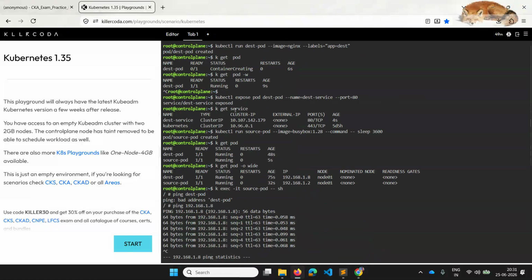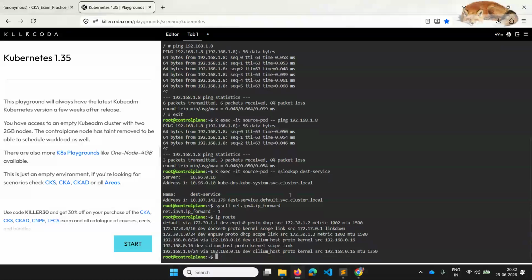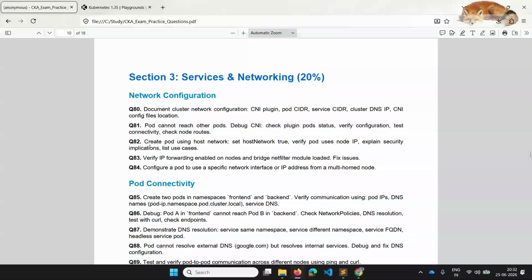So this is how I wanted to explain where you can do troubleshooting using these options one by one. You should be able to understand the commands, like how and in which case we can use those commands. So that's pretty much the solution for this question number 81.